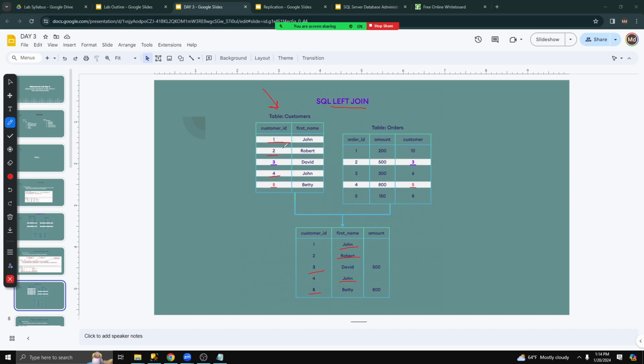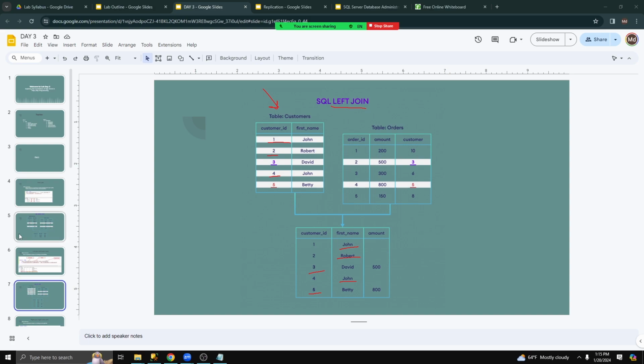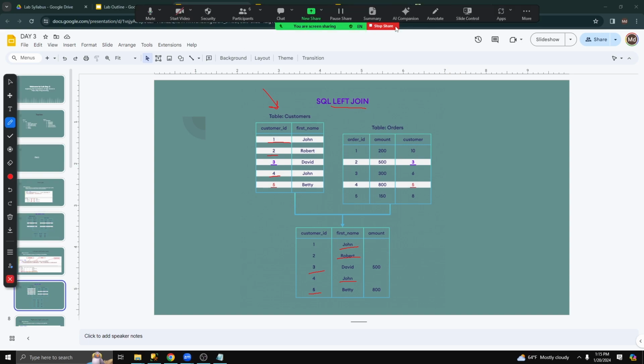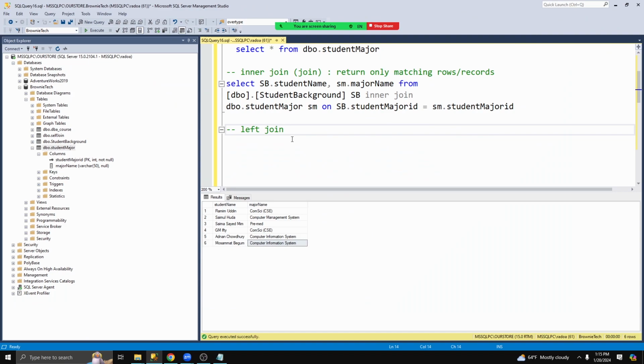That means whatever the matching records are, inner join plus the left table. So the syntax works like this. Okay, so left join returns inner join plus the non-matching records from the left